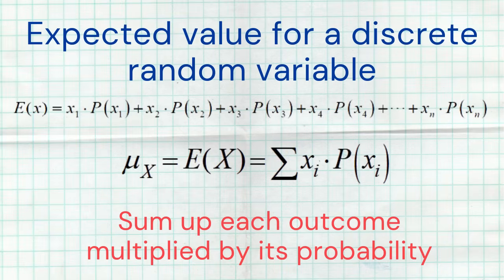All you have to do is take each outcome times its probability and then add all of those together. So we could do that by hand, outcome times probability plus outcome times its probability plus outcome times its probability, and so on. Or we also have this formula given to us on the AP Stats formula sheet, which tells us that